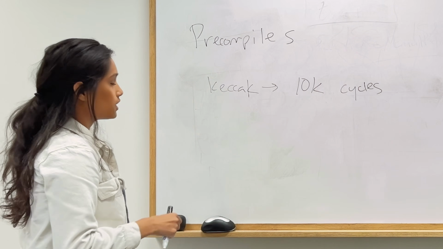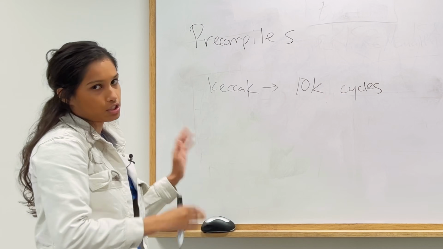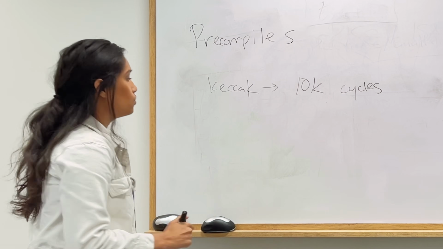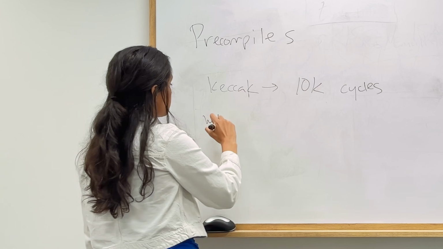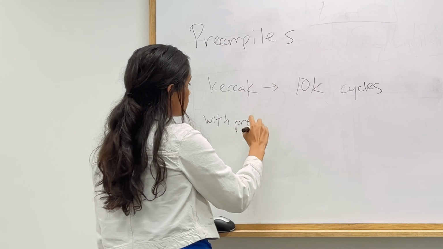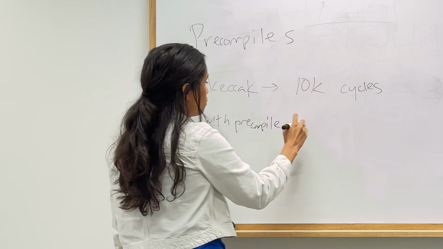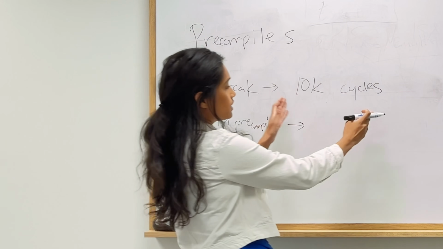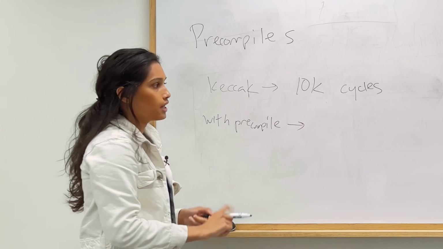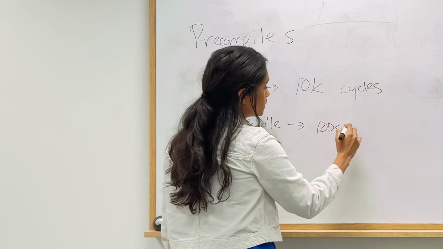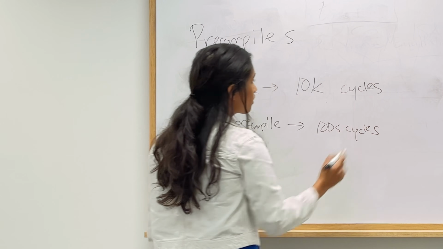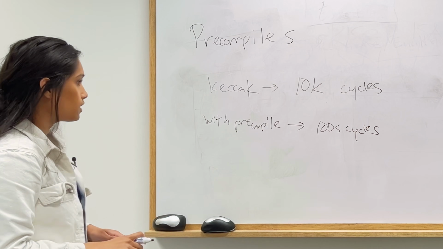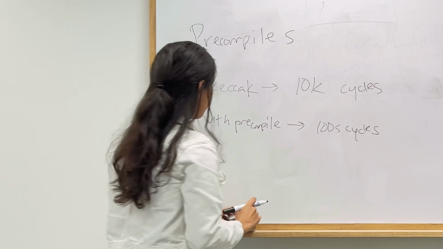But one interesting thing is if you have a specialized circuit for Keccak, with a precompile or a specialized circuit, you can actually have much, much fewer cycles. You basically replace this 10K cycles with a specialized circuit, and it goes down to hundreds of cycles. And concretely, what that looks like is we